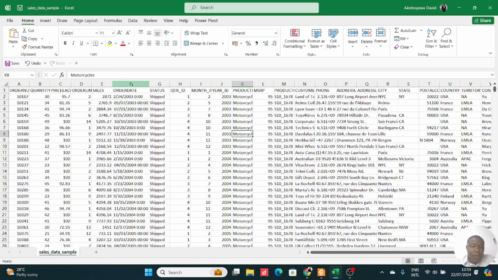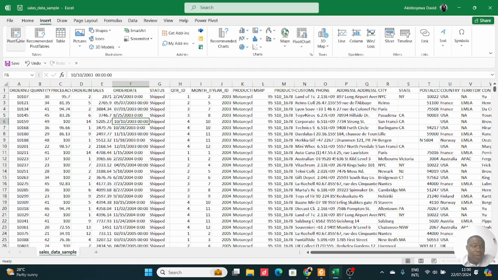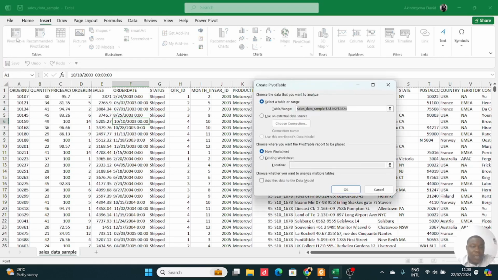If you observe this particular column, you would find that we have the date and a few zeros, which would indicate the date and time. So we'll try to do a pivot and see if we can make use of this to create a trend chart. So how do we go about that? You could just click on Insert, click on PivotTable, then click on OK. Make sure that it's on a new